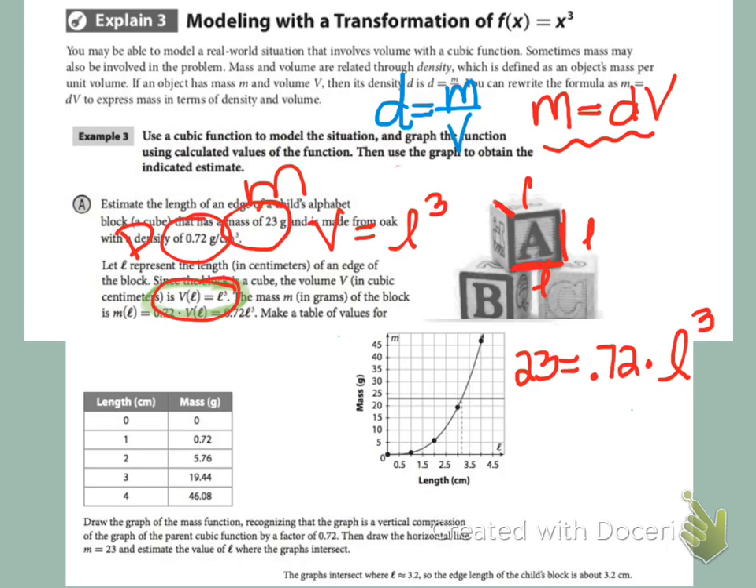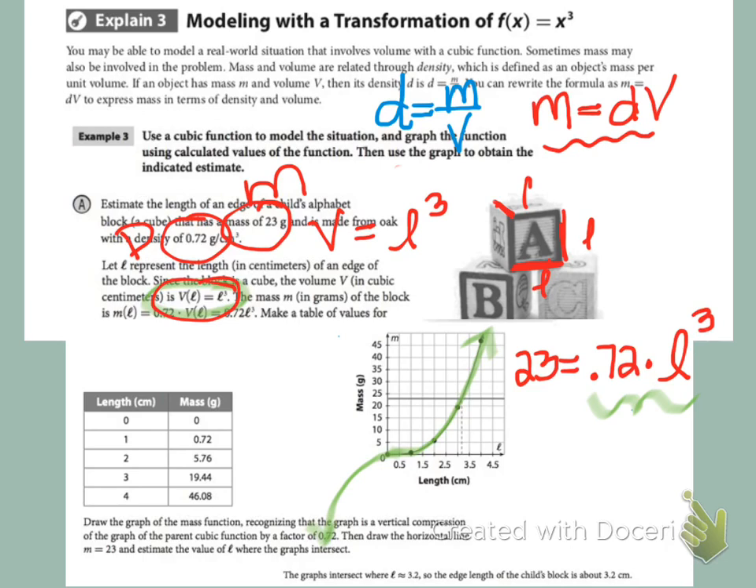Now, one way to solve this problem is to consider a graph. Like you could take this side, this 0.72 L cubed, and you could graph it, and that's what they did here, okay? And notice this doesn't look like a cubic graph, it looks like part of a quadratic, but the other side is over here, and the reason why we don't show it is